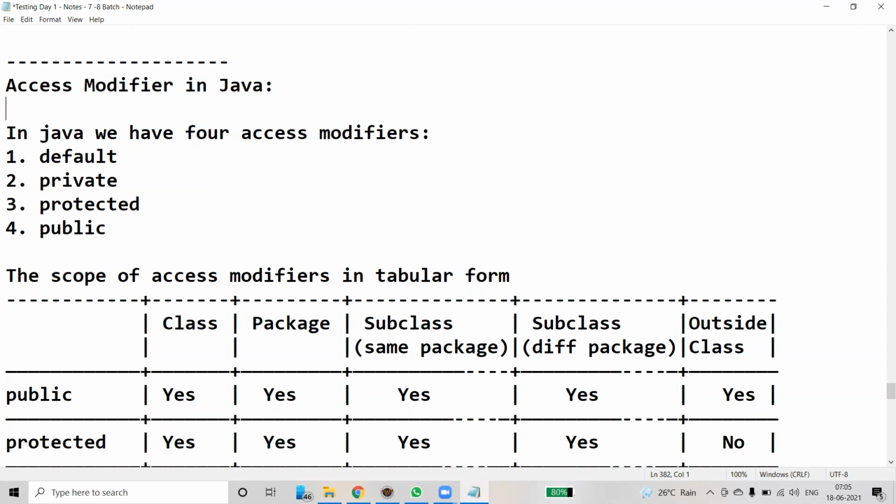We have already discussed access modifiers at the beginning of the session. What is an access modifier? Access modifiers are basically used to limit the scope of variables and functions.